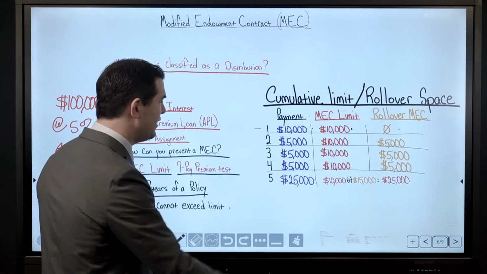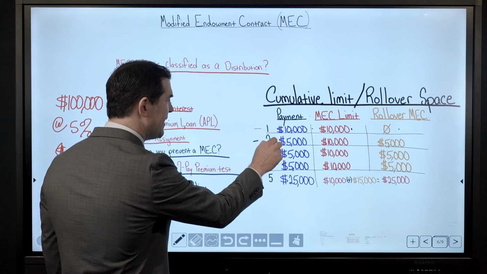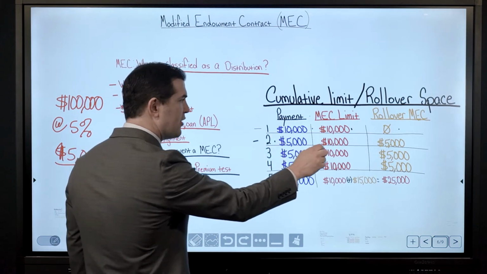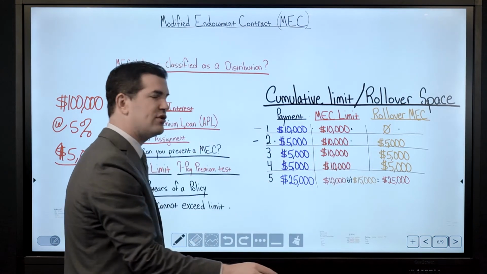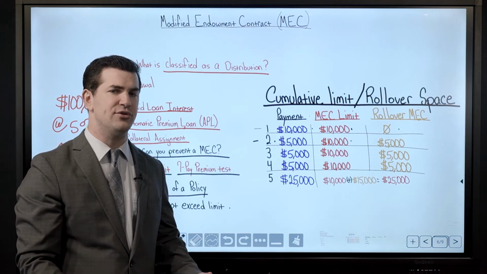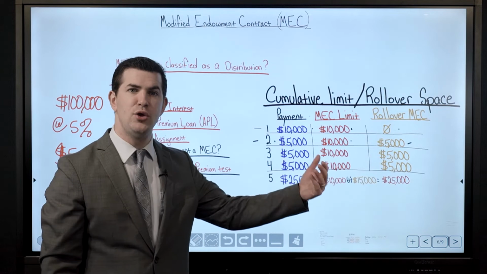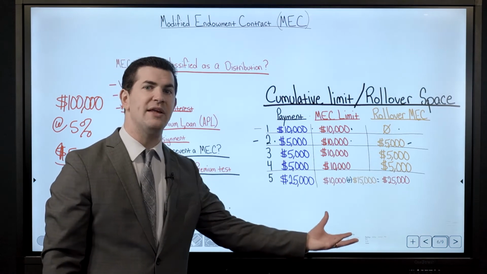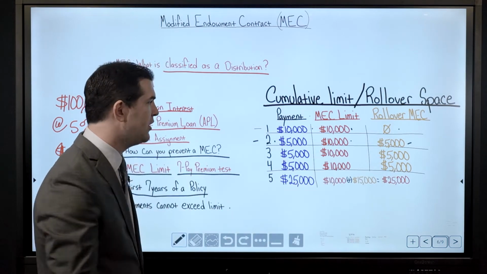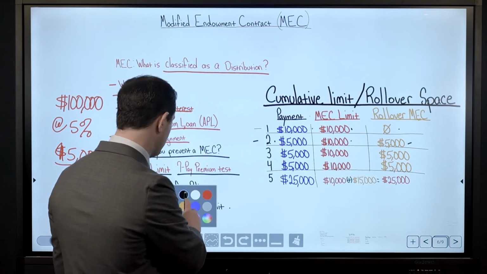We'll call them that. Year 2, you decide to pay in $5,000. Now your MEC limit was $10,000, but you only paid in $5,000. So that means the additional $5,000 of unused MEC space you didn't pay in is going to roll over to the next year. So for example, year 3 rolls around,